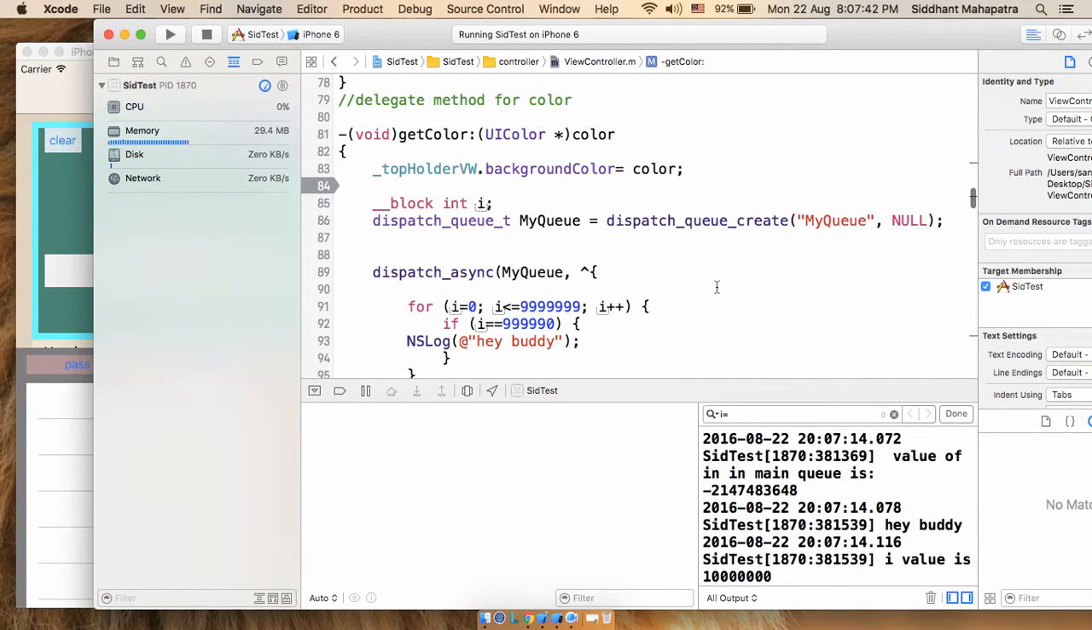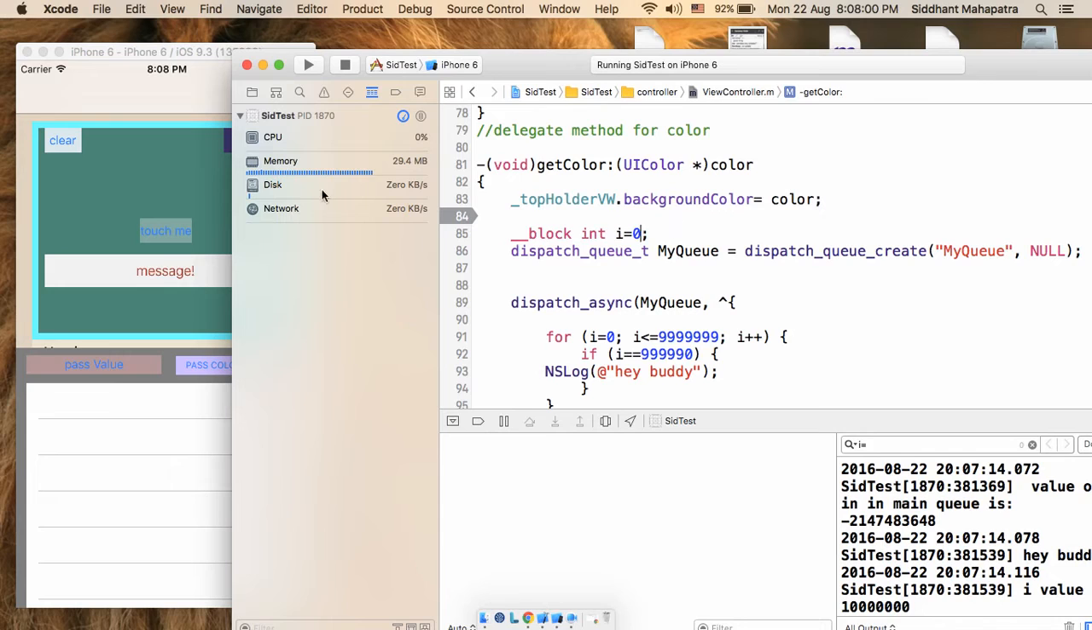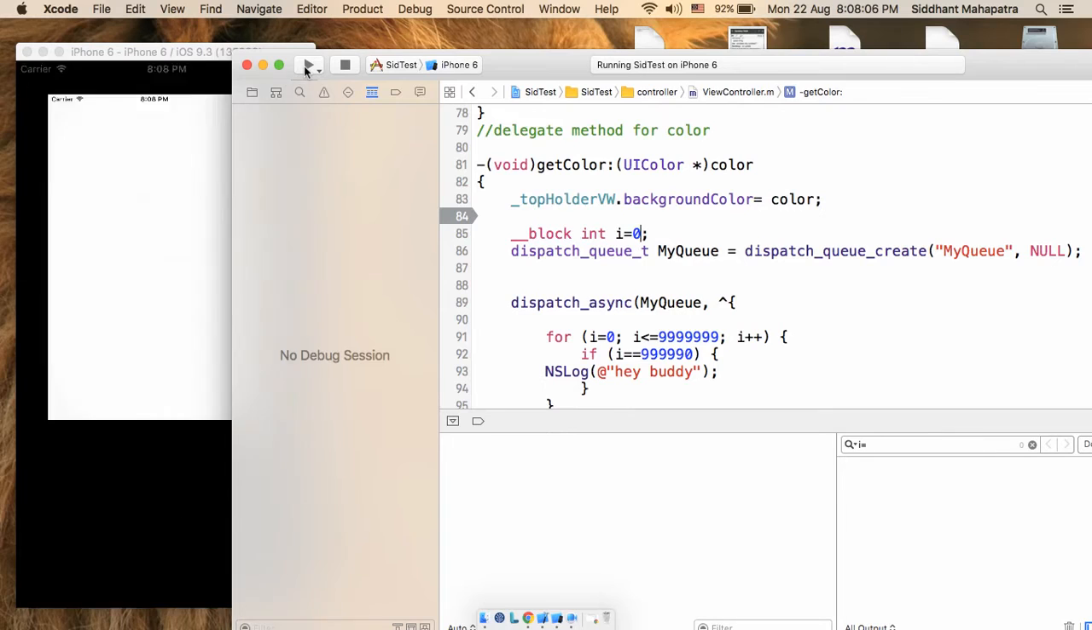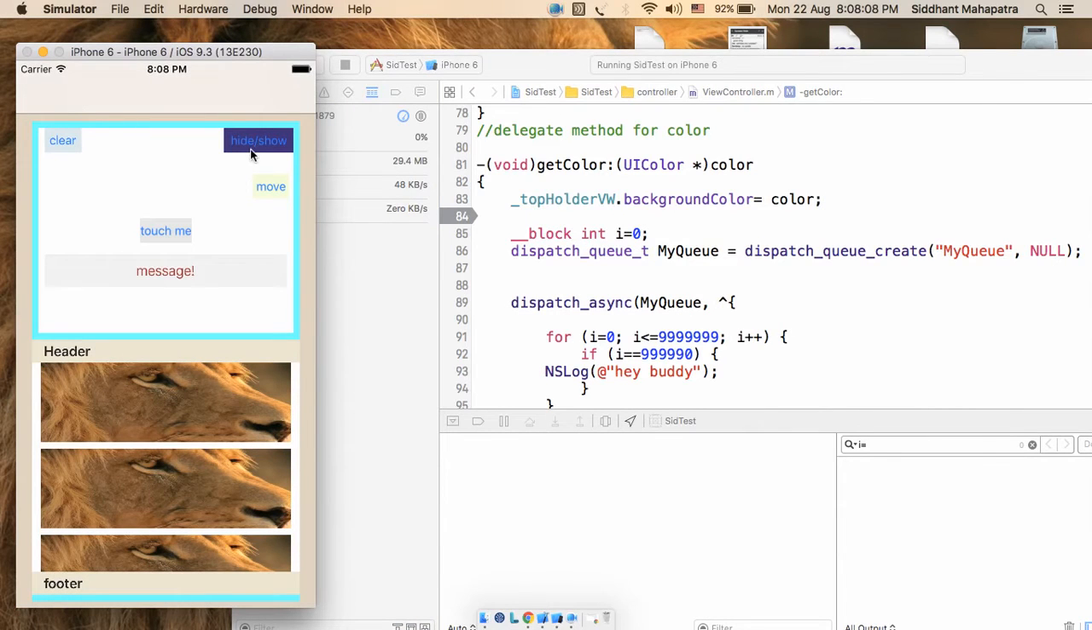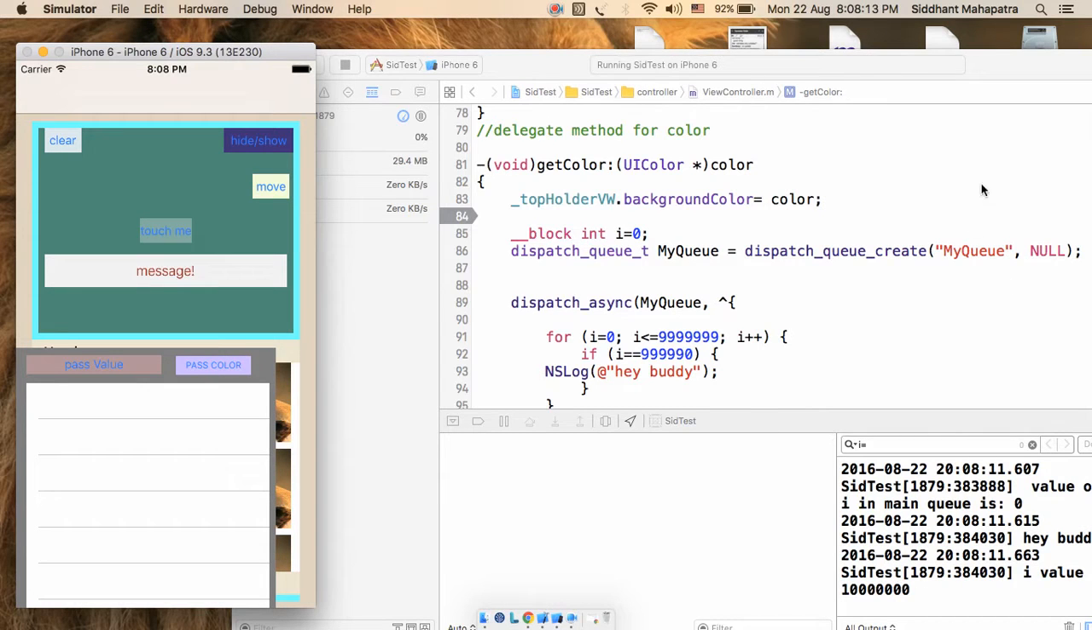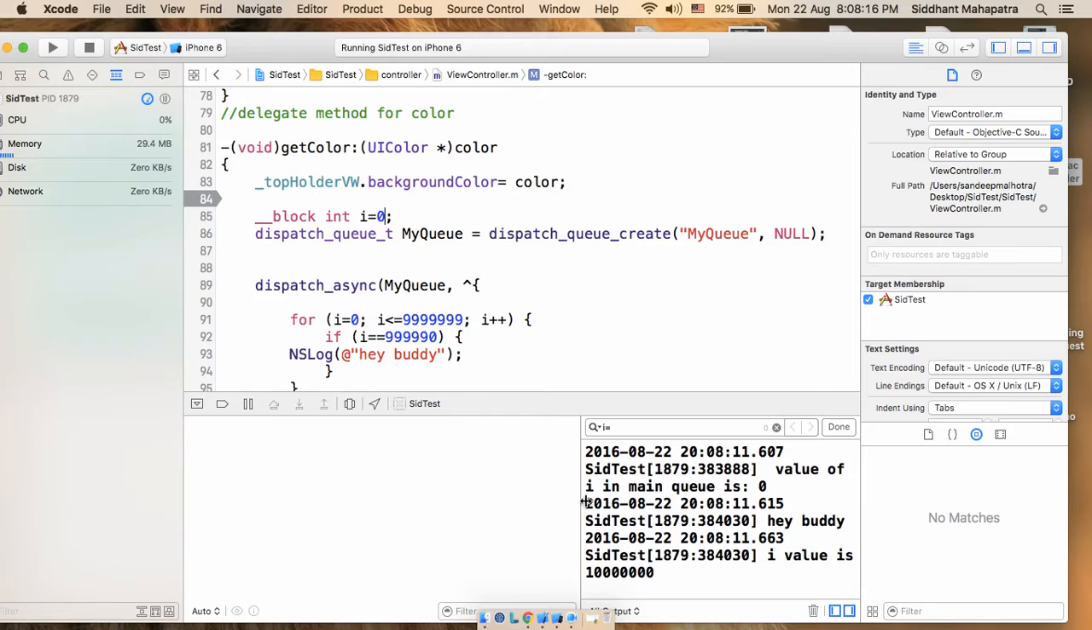So directly it is taking that because the main queue executed first, before our own customized queue started working. So if I initialize to 0, then simply I'll get 0, then the other stuff how we saw, because the main queue executed first, then our own queue started working. Yeah, you can see here the value of I in main queue is 0 because the main queue executed first,